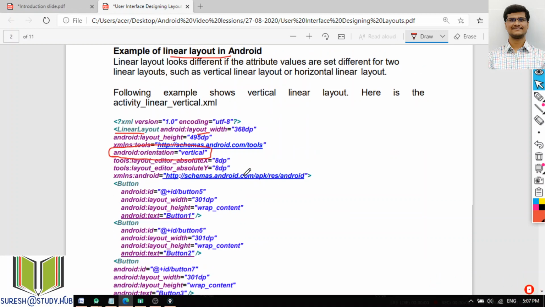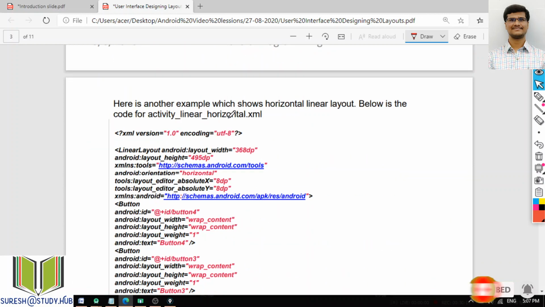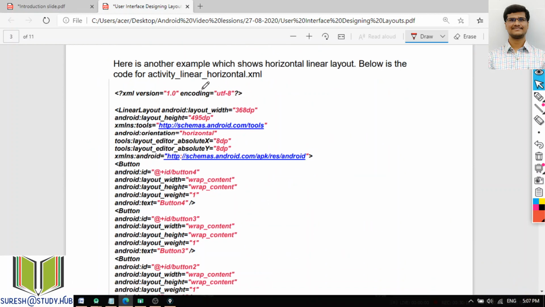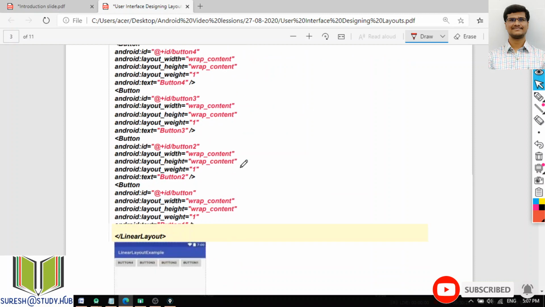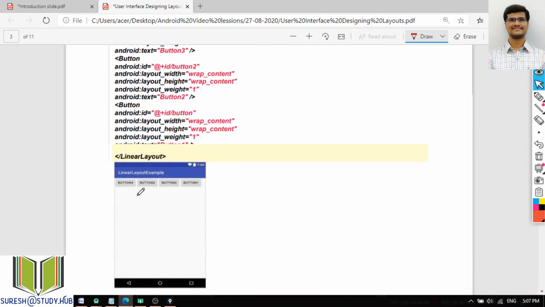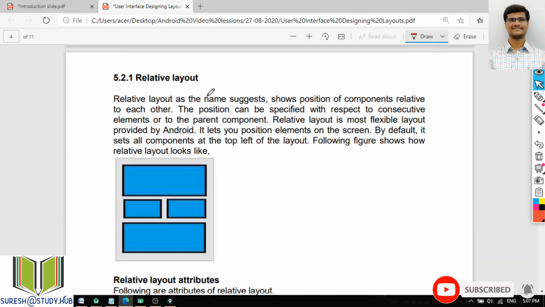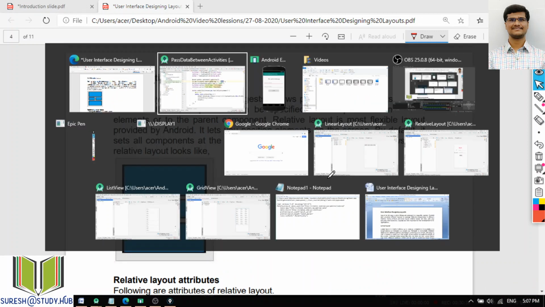This is your vertical layout. Okay, so the example of linear layout, this is your linear layout only, but the orientation is vertical. And the next one is, if I want to arrange the linear layout horizontally, if the orientation is horizontal, for the same example, then it will arrange the components in this manner. Okay, button 1, after button 1 we will have this button 2, next button 3, button 4. So that is your linear layout. So we will see it with the example.